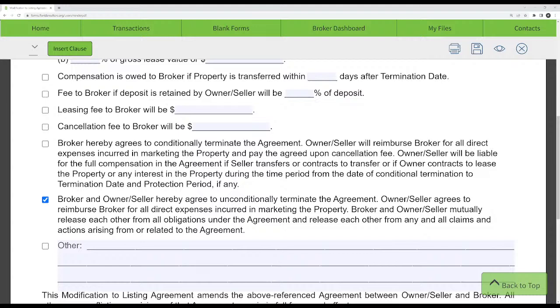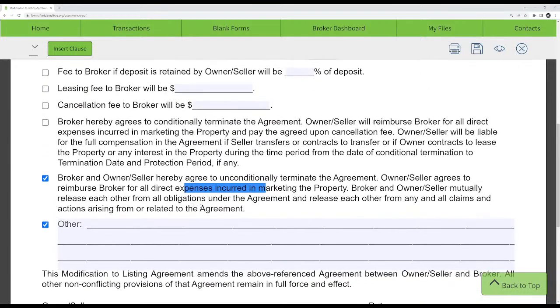I have done this before. Maybe there's a circumstance where you don't want any fees owed or whatever. You could even check mark the other box here. I've written that owner seller does not owe the broker any money for direct expenses, $0 basically, and you could word that differently. But maybe something happened and you have a good relationship with the client, maybe you have multiple listings with this client,